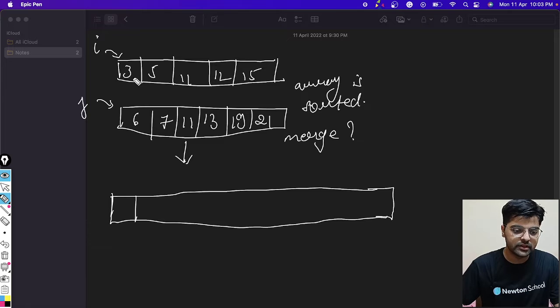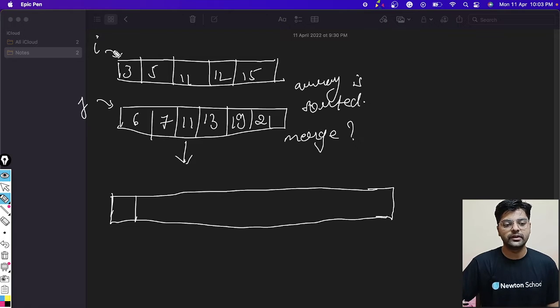We'll compare both these elements, 3 and 6, and if we get the smaller element then we'll put that smaller element in the new array, and next we'll move the pointer.